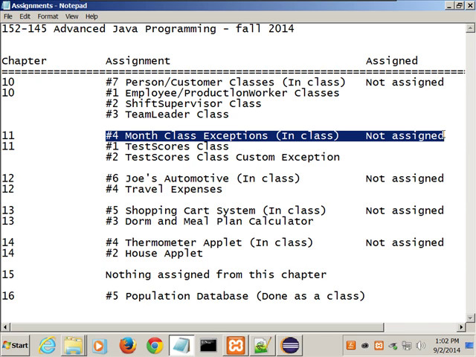What I'm going to do is right now I'm going to go over numbers 1 and 2. And then what I'm going to assign is I'm going to ask you to add some stuff to the program you're working on now, the one with the team leader and all the other stuff. I thought that would make more sense. Then you wouldn't have to be totally rewriting a program. You've already got a program that's working.